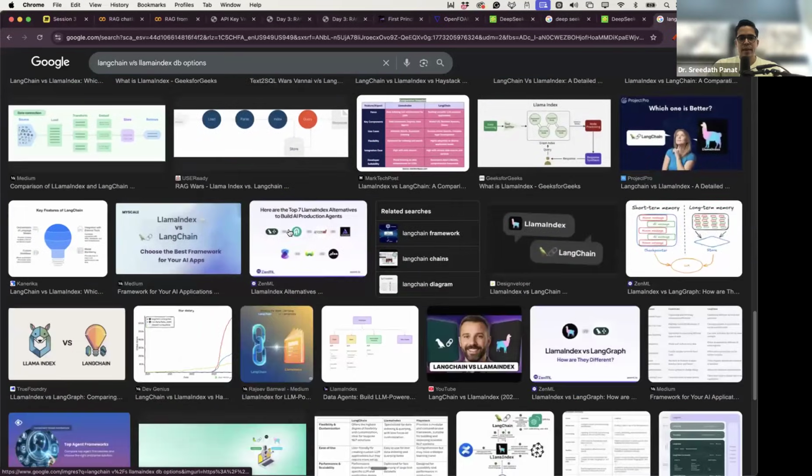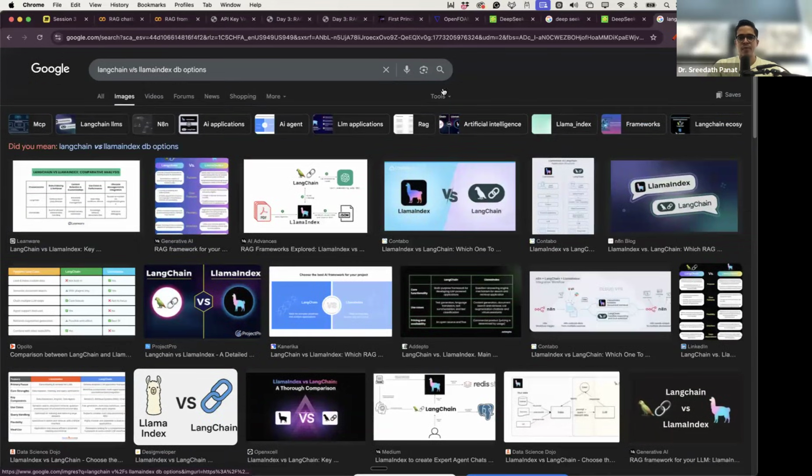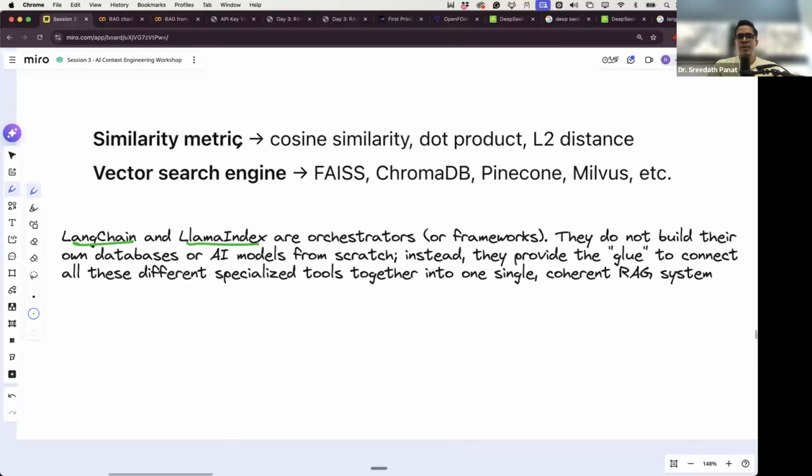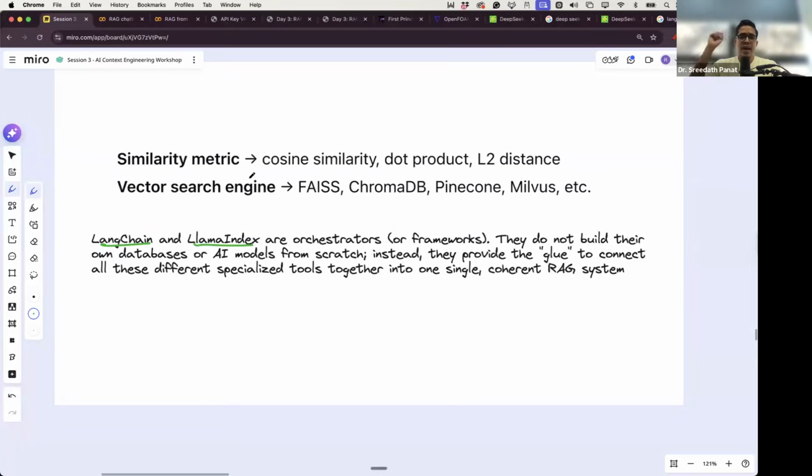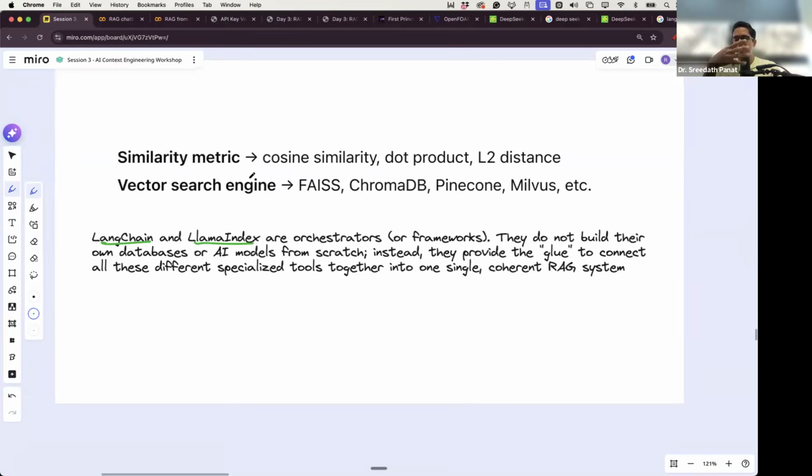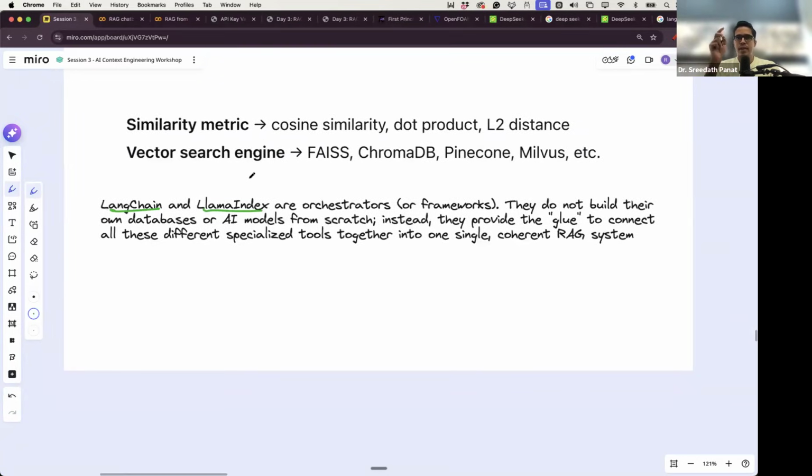I don't have it handy, but I will share it with you separately. Basically, these frameworks will allow you to stitch together different components. So RAG is a collection of different components, and this framework will allow you to stitch them very easily. LangChain is literally a chain of, if you want to build AI agents or AI frameworks,